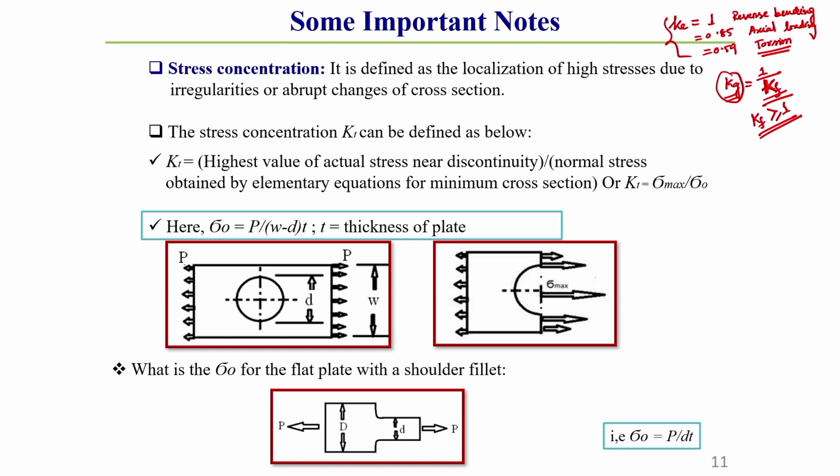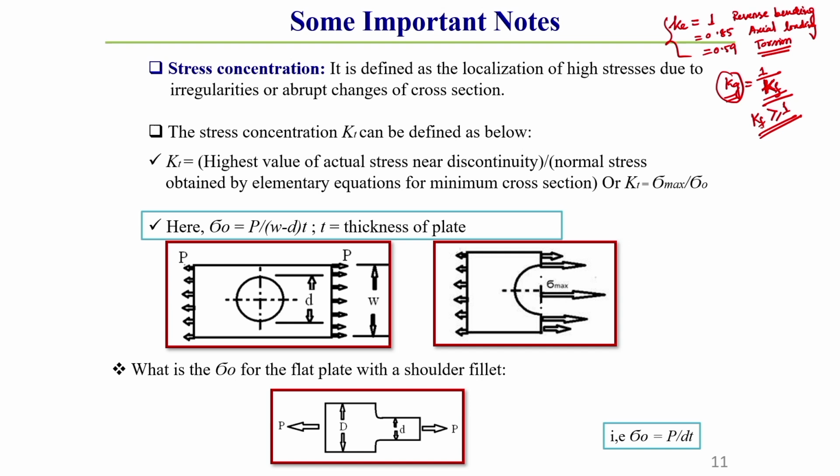Whereas Ka, Kb, Kc, Ke and Kg, whatever values I have shown, are always less than or equal to 1. Keep this in mind. Generally for an actual mechanical component, its value is always less than 1, whereas the stress concentration factor Kf has a value more than 1. How does it come? For that I am providing some important notes, because to calculate this Kg considering the stress concentration effect, we need to know some important information.